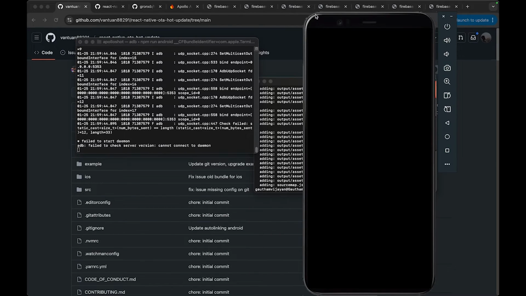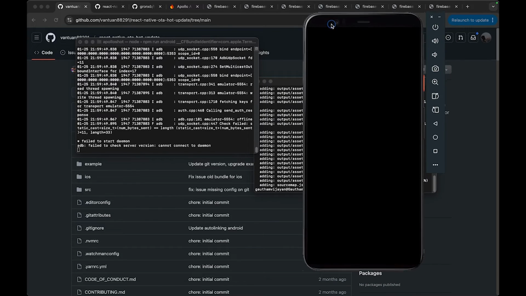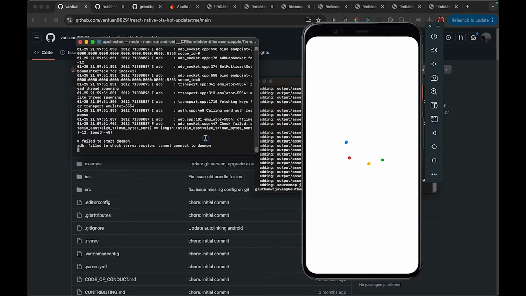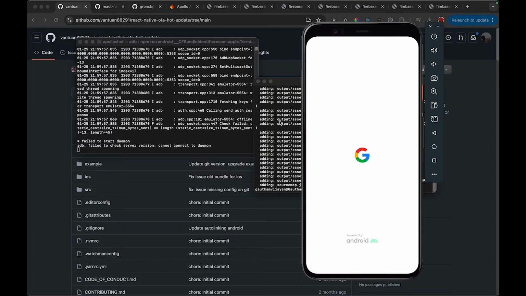I'll just show you the UI on how it will work. So I'm going to close this, reduce this size. So I'm going to pause the video now so that all these things work. Okay,